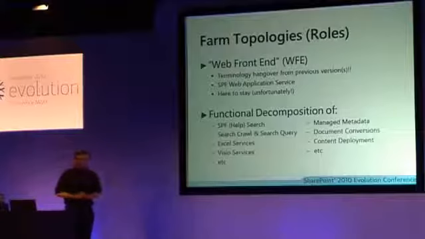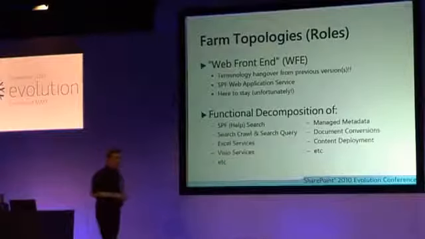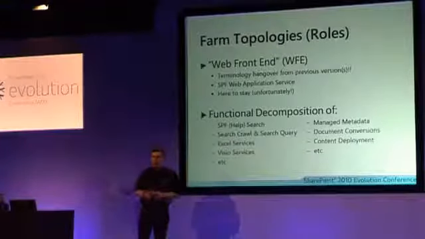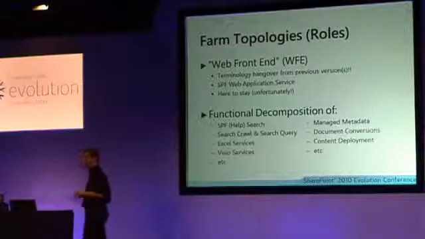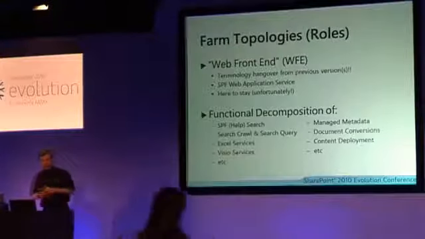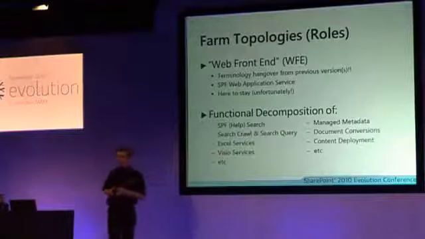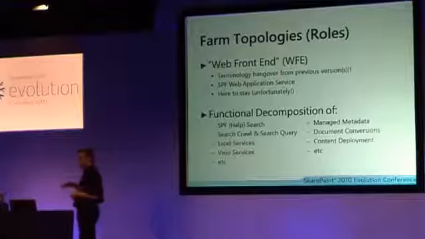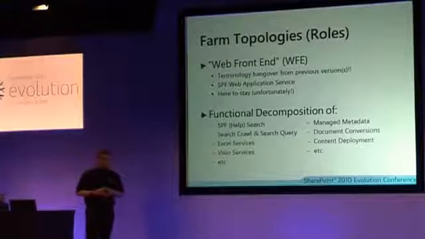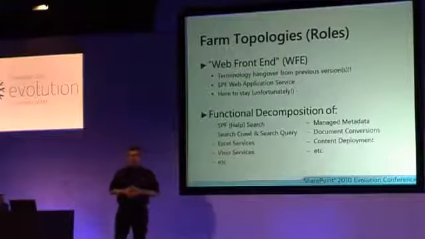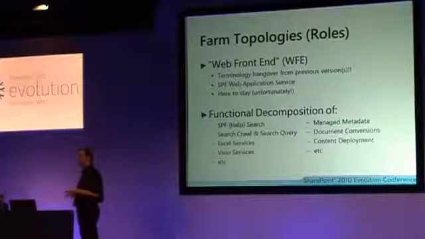An example from the past is the Excel calculation services piece of SharePoint 2007. On launch, the product group made a strong recommendation that you deploy the Excel calculation services on a dedicated application server. Not a bad recommendation, generally speaking, but it was kind of hedging their bets there. Today, the recommendation for 2007 for that particular piece, and still true for 2010, is if you are just doing rendering of spreadsheets and you're not doing expensive calculations, then you deploy that service on the web front ends and you'll get better performance.